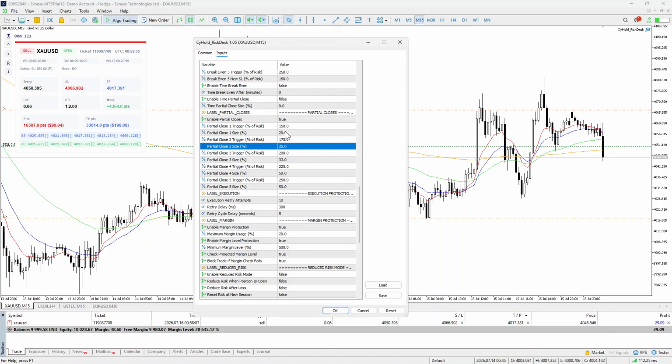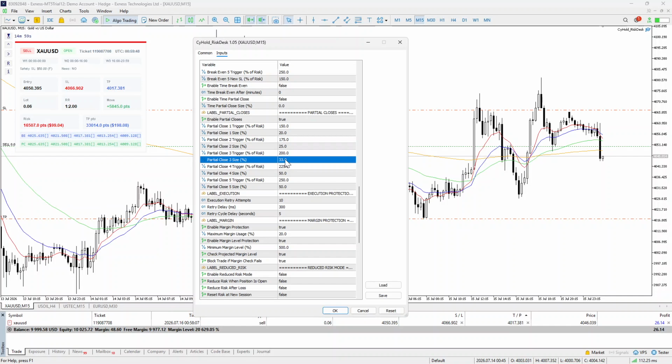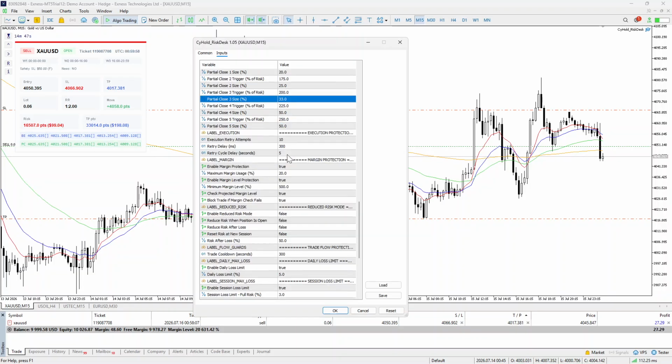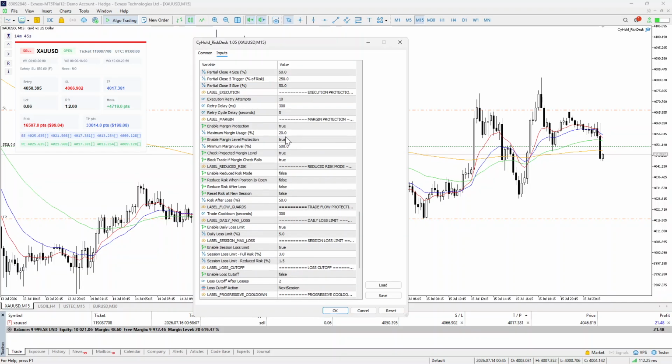So here, let's say you have 10 lots. Here it closed 2, and 8 remained. Here it's 25%. You have 8, it will close 2, and 6 remained. Here it's 33%. When it reaches 2 times the risk, 200%, it will close a third of the 6, and so on. Okay, and here we have a lot of other configurations that I can explain later if you are